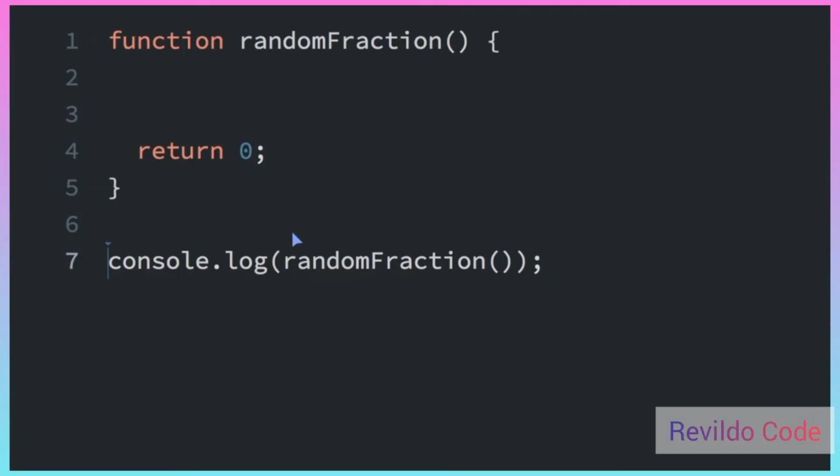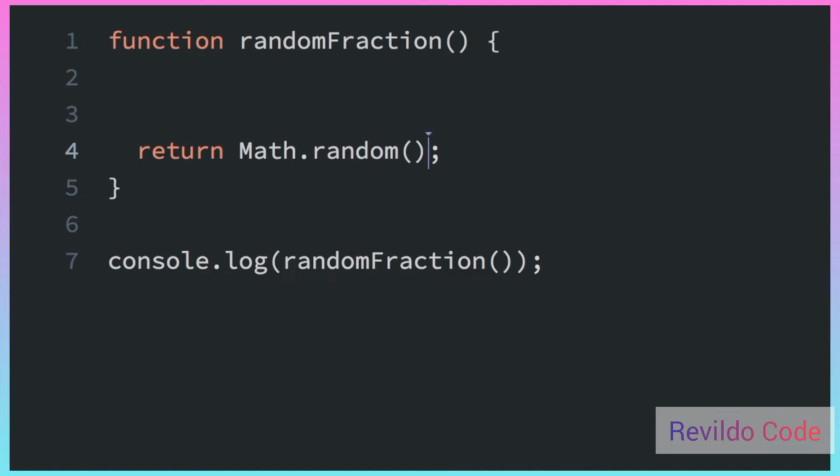There is a simple way to create a random decimal number in JavaScript. It's with the Math.random function. So we have this function here, which says random function, and it's returning 0 currently. But we're going to use the Math.random function,